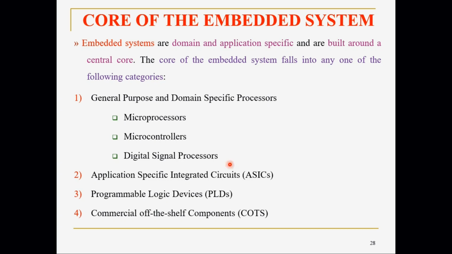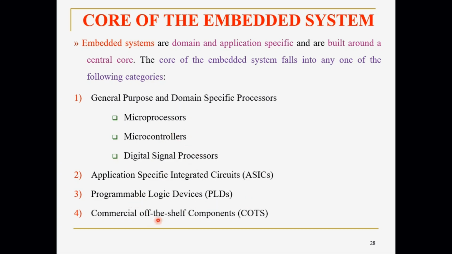So there is no controller or processor, but it serves a particular application. When you send some data, it gives some output, isn't it? Similarly, you did a JK master slave flip flop. You give input and it produces output. It's a circuit without a microprocessor or microcontroller or DSP. So you can have application specific integrated circuits, ICs, other than these general purpose concepts.